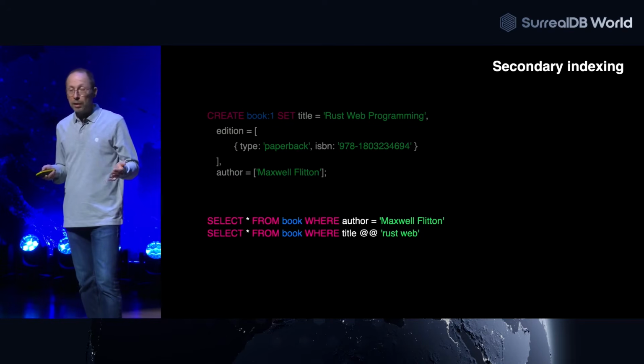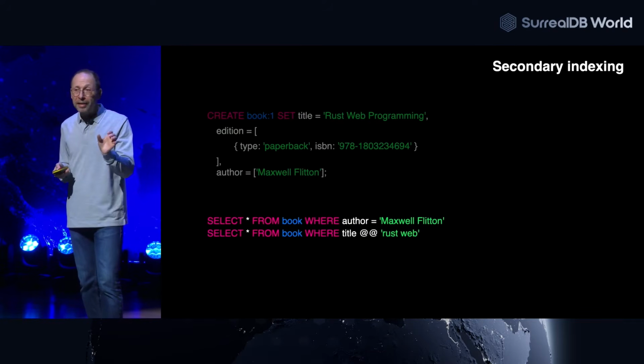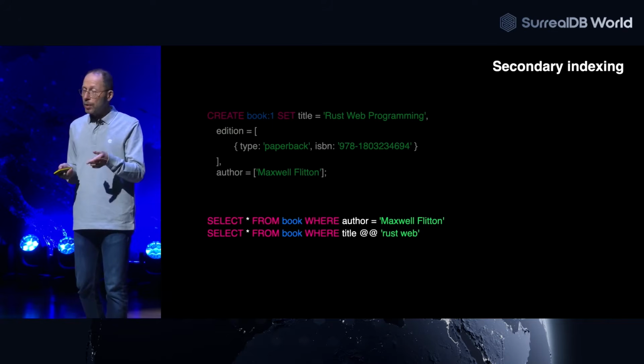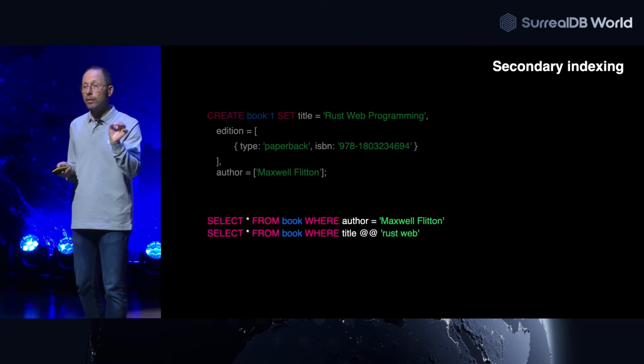What we are introducing now is secondary indexing. What does it mean? It means that we are going to be able to make an efficient request by looking for a document based on the content and not just with the key. So it's secondary indexing. In this example, we are looking for the book by the content of the title. You discover here the new operator, @, which means matching, which is the full text operator.